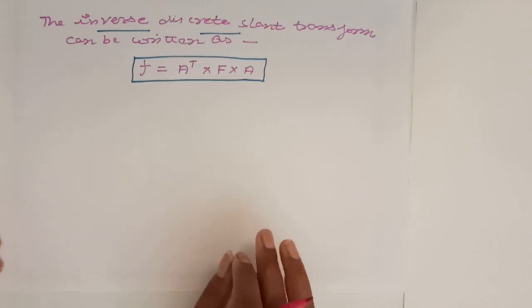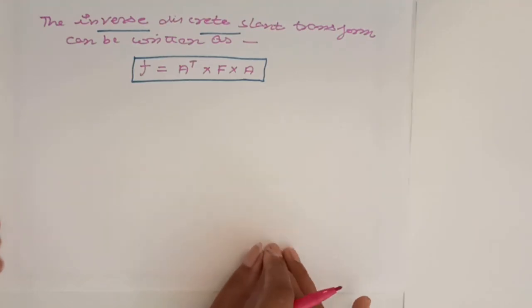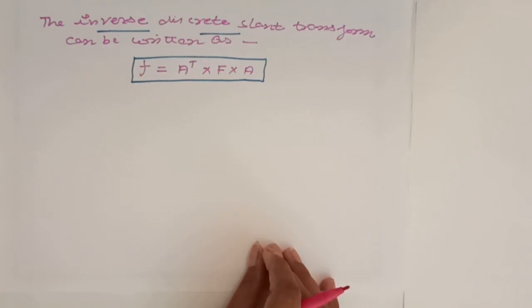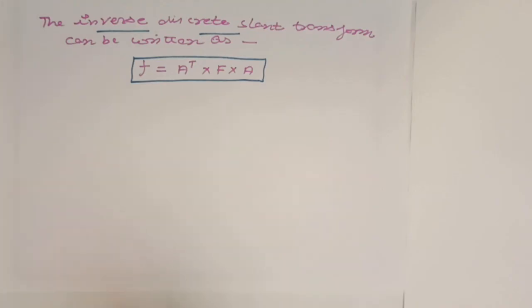So students, in this lecture you have studied about the slant transformation. What is slant transformation? Slant transform is widely used in the case of image compression. Its properties are that it is orthogonal in nature and gives a very fast computing rate, and the kernel generation is just like the Hadamard transform, where it is done in a recursive manner.